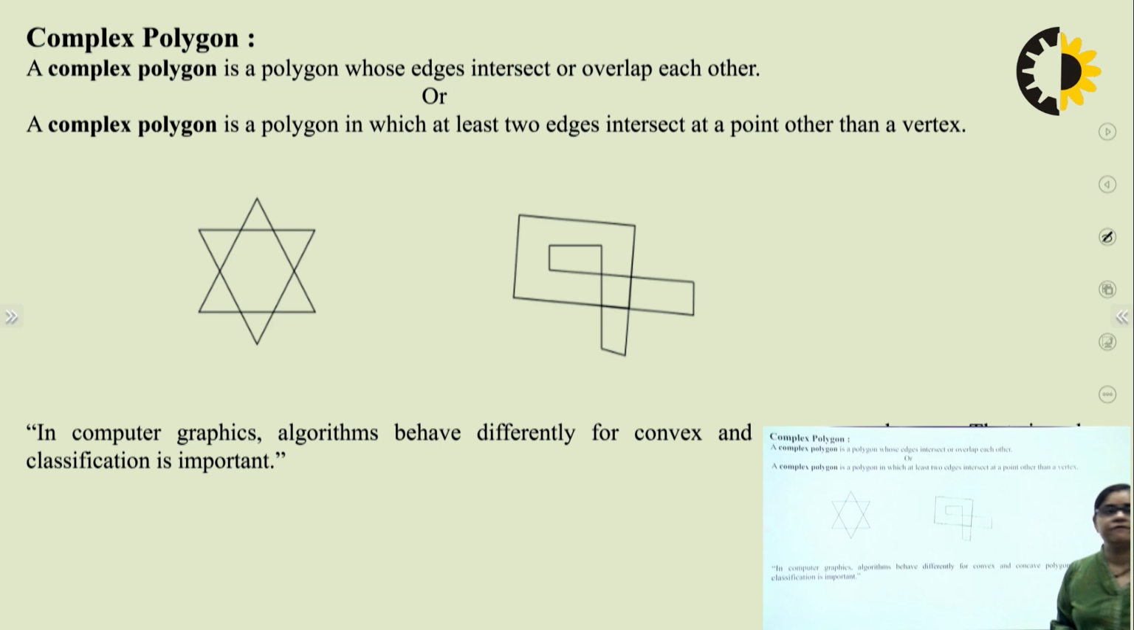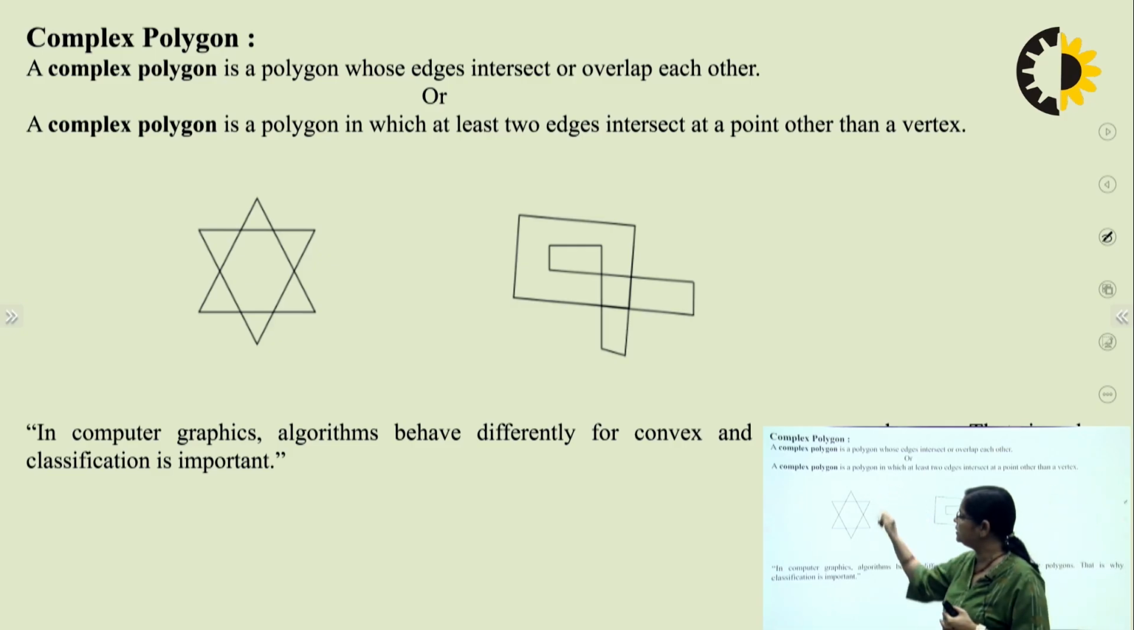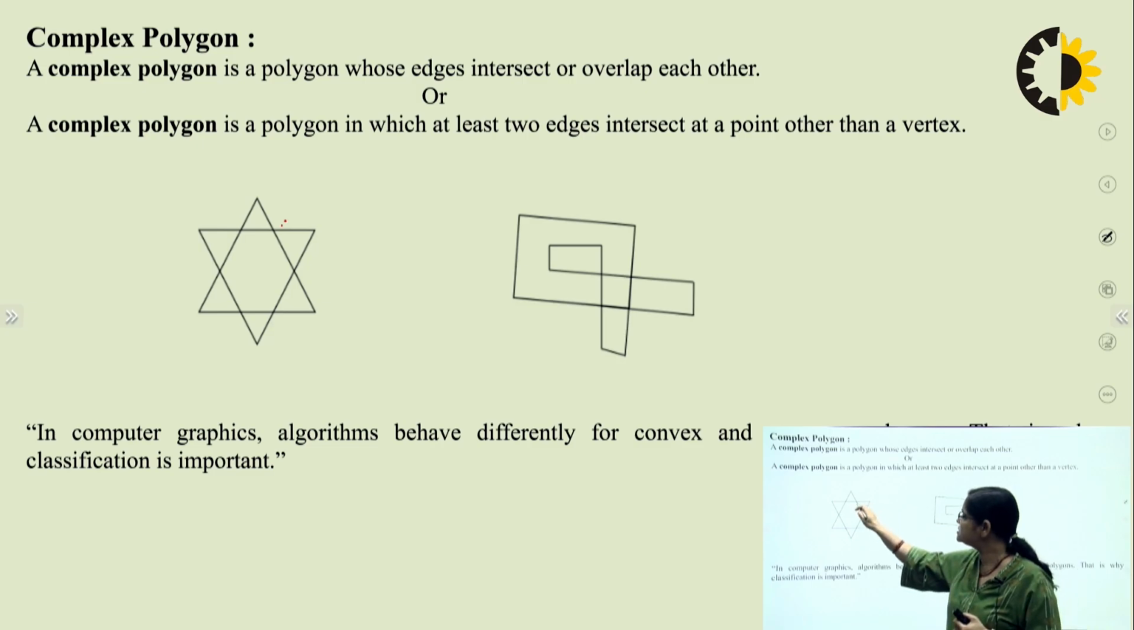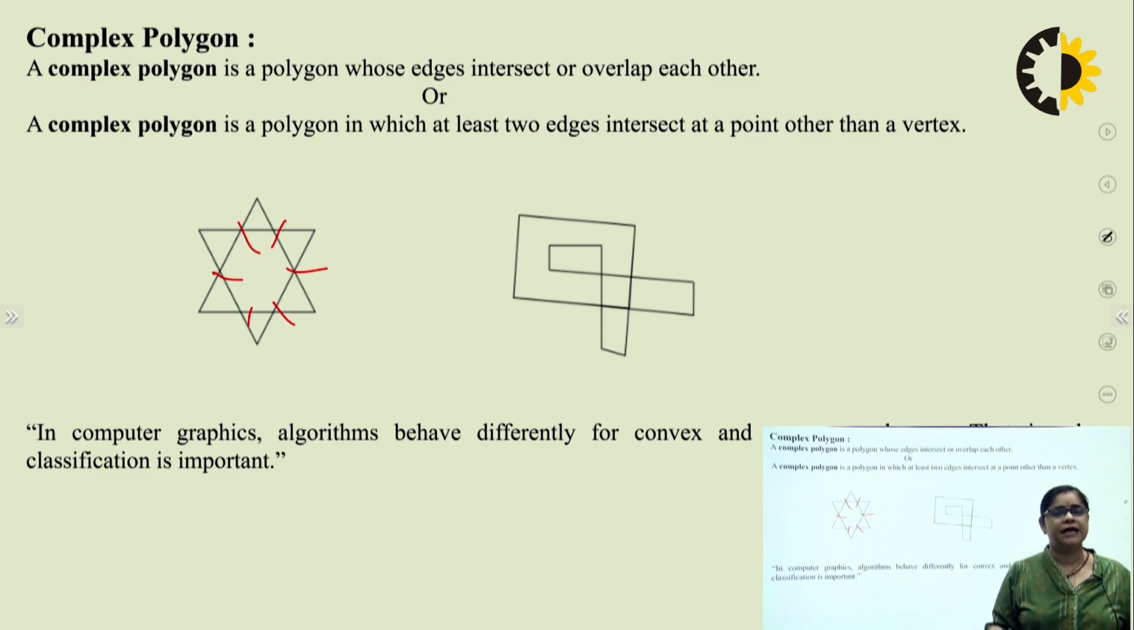Now, complex polygon. A complex polygon means that it is a polygon whose edges intersect or overlap each other. If you see this star-shaped figure, you see that the edges are intersecting, or we can say it is overlapping. Then this will be termed a complex polygon. Or a complex polygon is a polygon in which at least two edges intersect at a point other than the